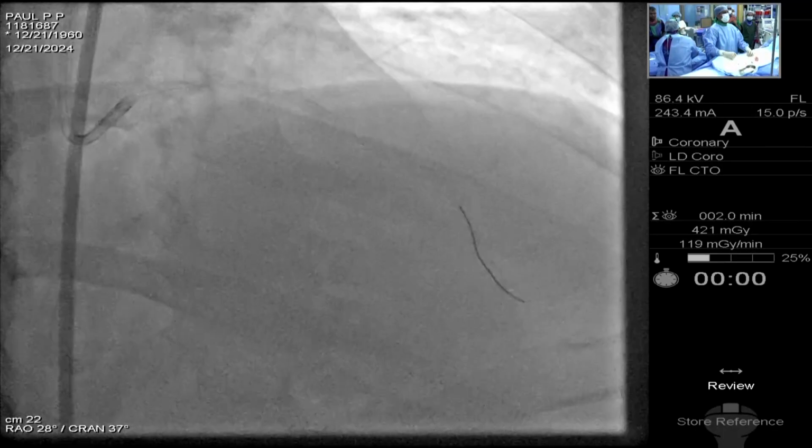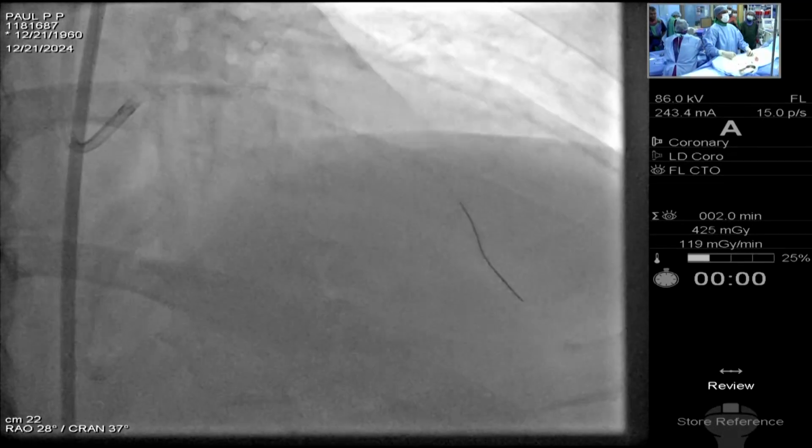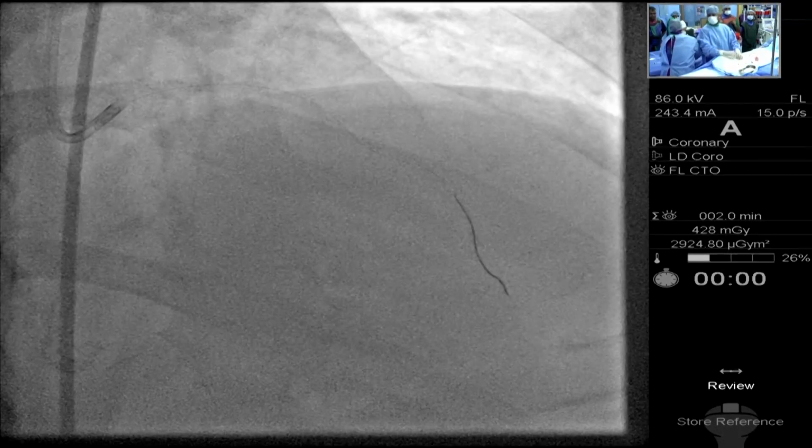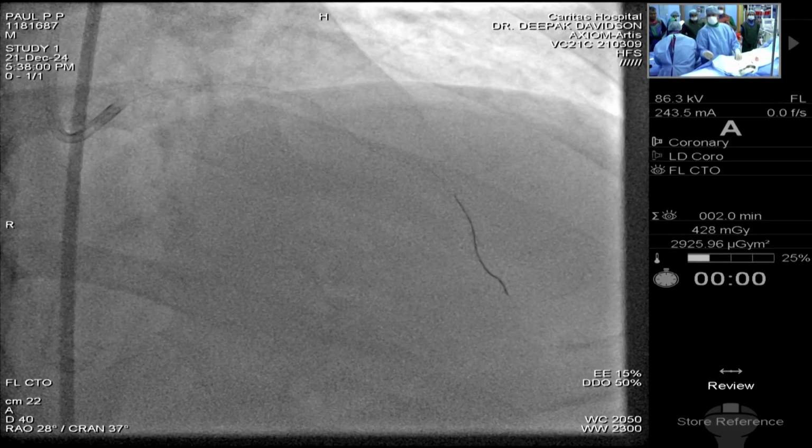Our plan, what we thought was we'll do... We have the microcatheter also, right? No, we are ready to load it. Okay. So we'll cross with the wiper wire, then do orbital atherectomy, then do imaging, because even in the caudal